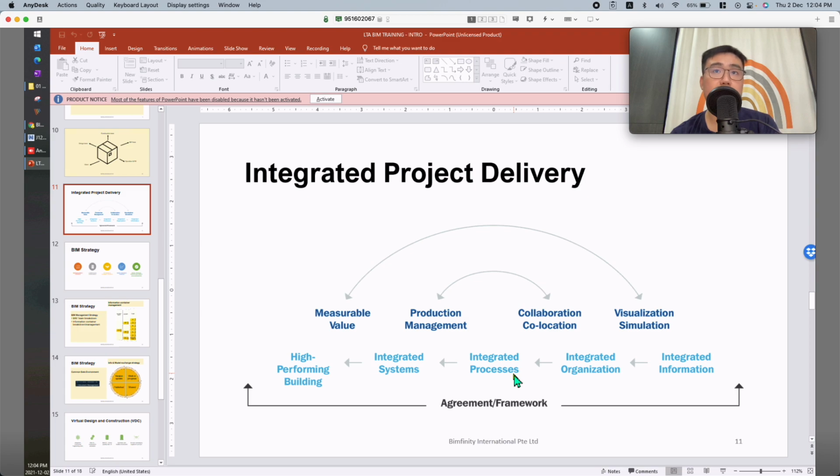So all those processes need to be thought through, needs to be planned out by either the digital engineering or digital delivery manager or a BIM manager,